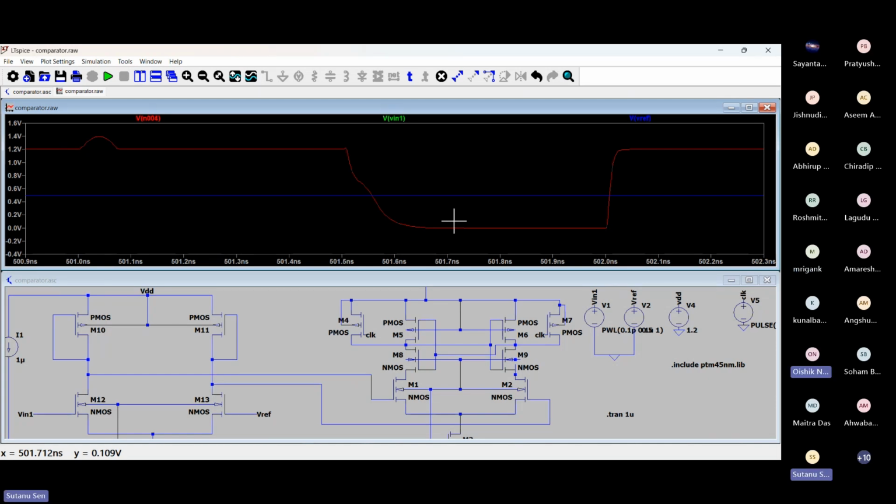Sir, it uses the AC small signal model. So what does the small signal model contain? Which small signal model is it? Is it the DC small signal model or what? The AC small signal model. AC means what? High frequency, right? The high frequency small signal model. Yes. So if it is the high frequency small signal model,